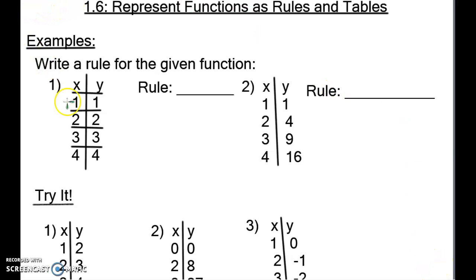And let's dive in. They say write a rule for the given function. They give us the x coordinates and the y coordinates. So they say 1, 1, 2, 2, 3, 3, 4, 4. Well, the first thing that might immediately pop out to you is that they increase by 1 in both directions, on both sides. Goes up here, up by 1,